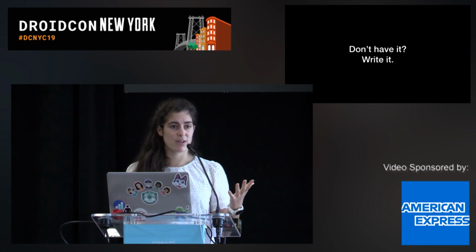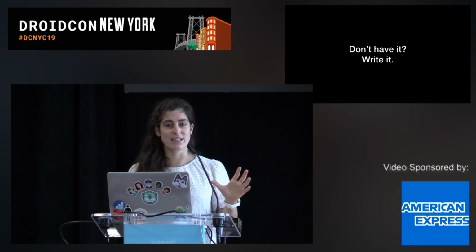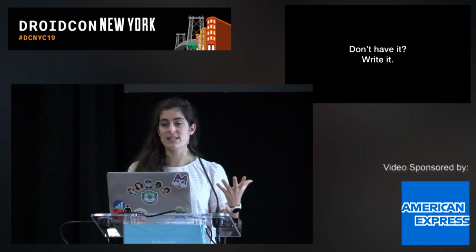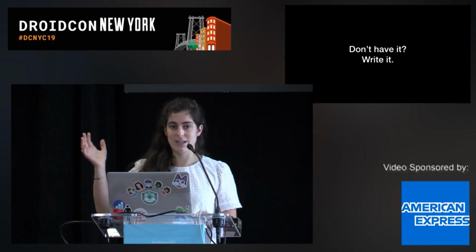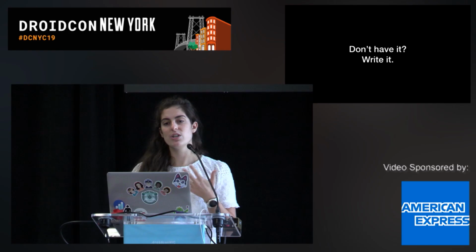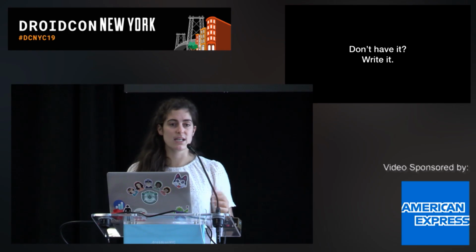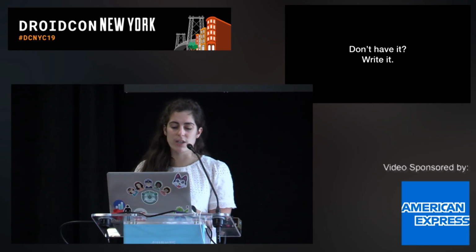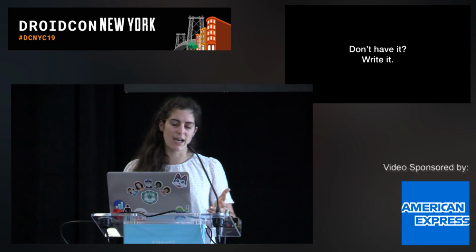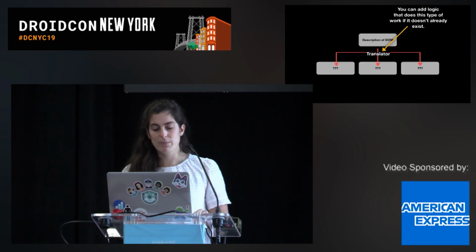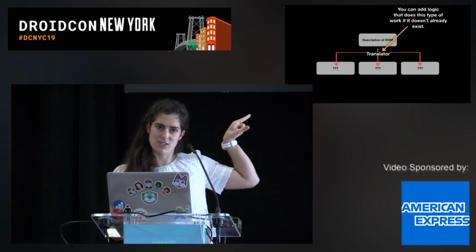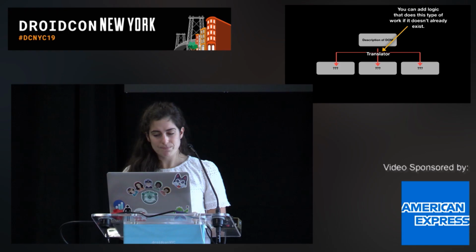Why would you not have something wrapped? Well, probably it's custom logic to your app. You have like my custom text view, and that's not something that React ships with because nobody else uses your custom text view. So you would go in and you would wrap it, and this is pretty easy to do. So you get to reuse all of what you've already invested into your current production app in React Native. You're basically acting as like a tiny piece of this translation service when you do that.